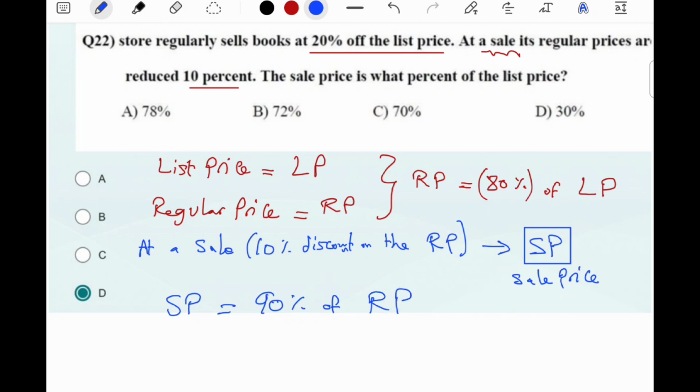So after discount, we are actually having 90% of the regular price. So again, the list price is the original price. There is a 20% discount, which means that the regular price is 80% of the list price. And then one day we had a sale. There was a 10% discount of the regular price, which means that the book is sold at 90% of the